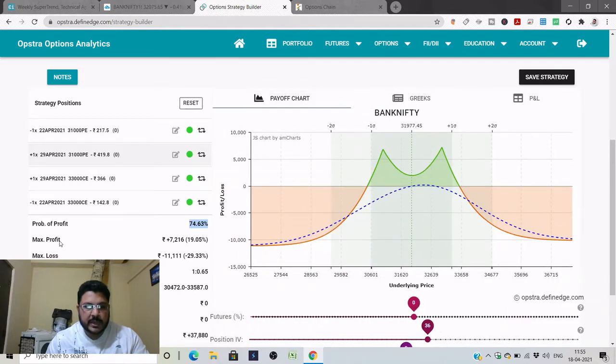Okay, and what is the range? Before the range, you see the probability of profit is about 74. The farther strikes you use, the higher the probability will be. Max profit is about 7,200, that is, if the market remains in this range during the last day of the expiry. Max loss if the market moves out of this range. What is your risk to reward? 1 is to 0.65, which is fine because we are playing with the range of the market, which is about